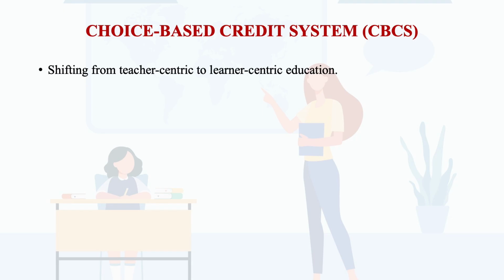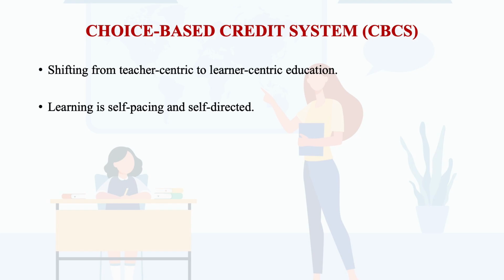Then another important point is the choice based credit system, that is the CBCS system of the curriculum. So friends, the major philosophy and focus of the choice based credit system is a shift from teacher centric to learner centric education, that the curriculum, our courses of study, our syllabi, should be learner centered, and this has been practiced in the choice based credit system of the curriculum. The learning is self-pacing and self-directed. That means self-learning should be given importance, so that the learner is involved in the process of learning